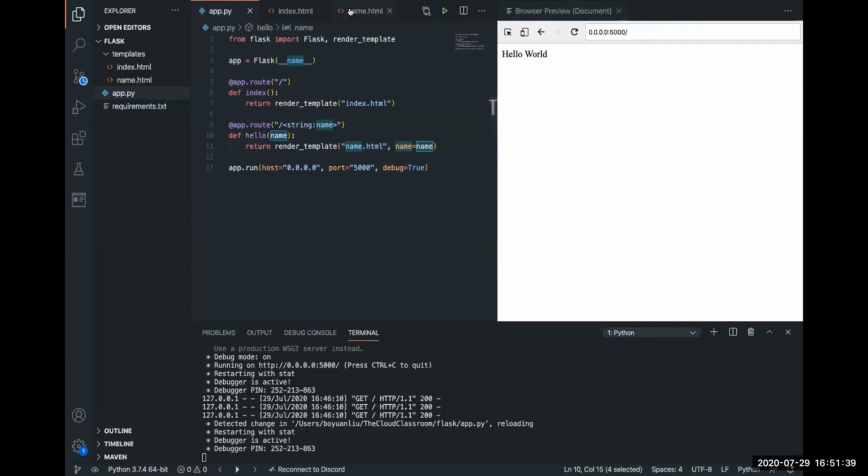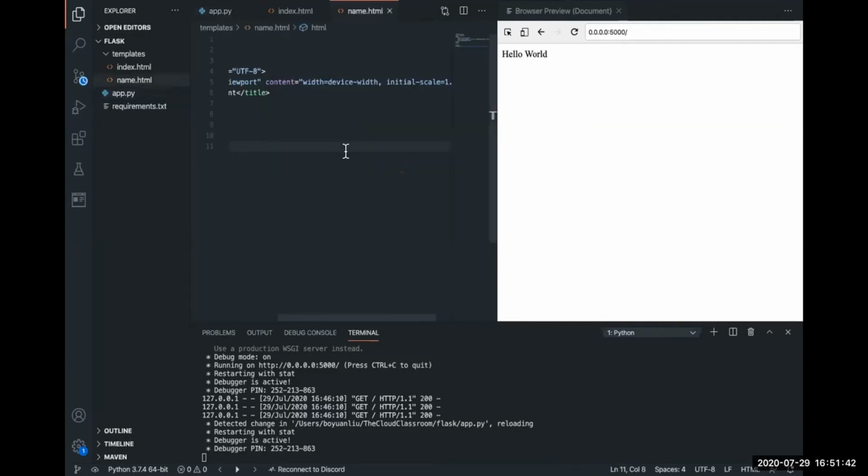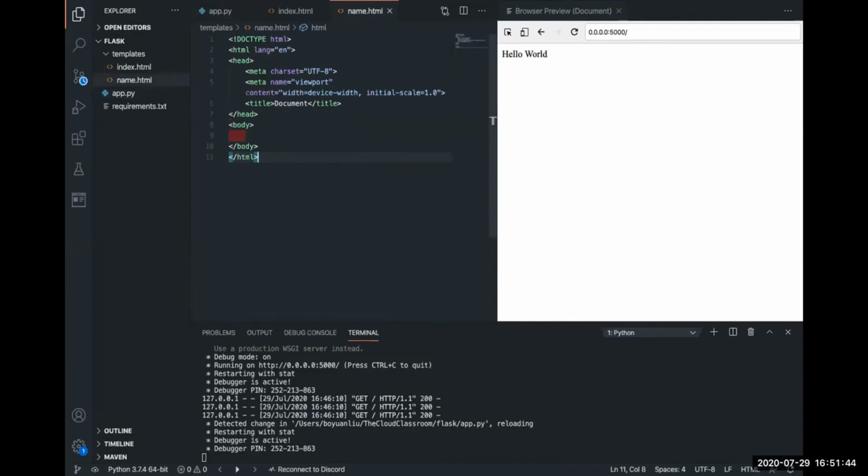Now in the name.html, we're going to talk about Jinja. Jinja is a templating syntax that Flask uses. It's basically how we can render data into our Flask application. In the body tag here, we can type two curly braces, which is used to reference a variable name. And in here, we can just type name. And then now in the app.py,